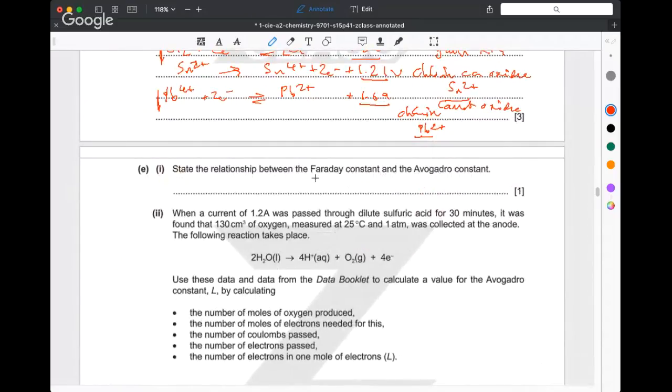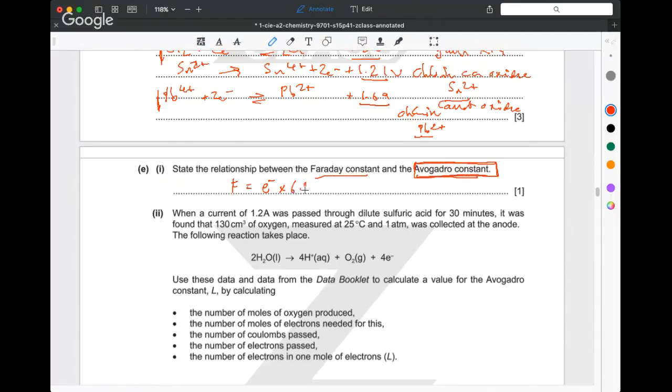Okay, next one. So the Faraday constant and the Avogadro constant. So the point about the Avogadro constant, it allows us to move between the tiny things that happen at the molecular level and the kind of things that we can actually measure in the lab. So it's a multiplication that allows us to multiply up to actually things that we can measure. And the Faraday constant is, all that is the charge on the electron, which is tiny, just really, really tiny charge, times a very, very large number, which is